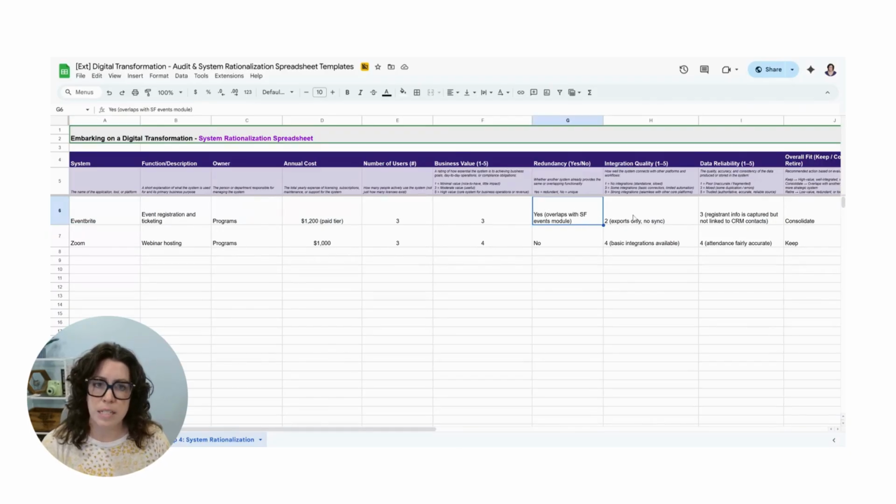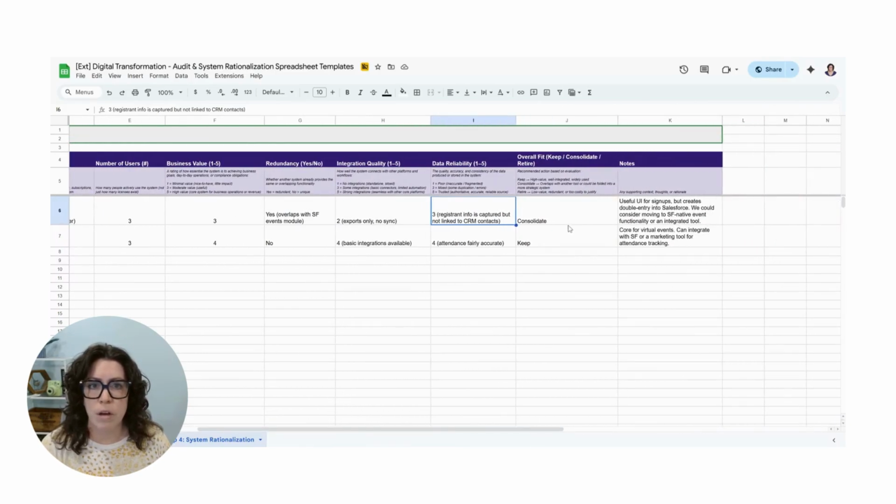If there's any redundancy, what the integration quality and data reliability is like for that system, as well as the overall fit. So it should be hopefully obvious to you guys whether you're going to keep, consolidate, or retire. Perhaps there's some discussion and debate and figuring out what system you go with, but this will help make decisions for you with regards to what you're doing with your systems.